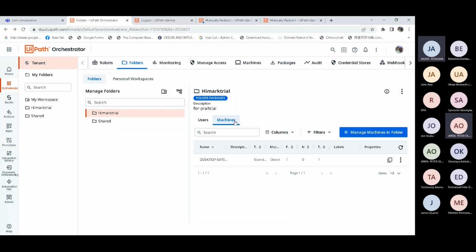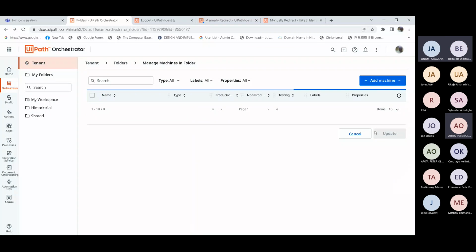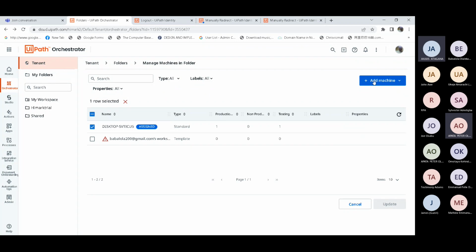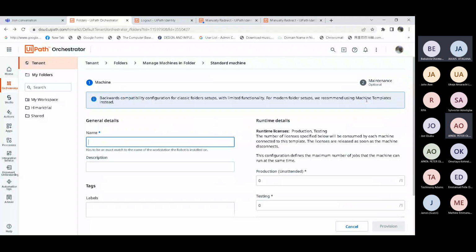But first, add a new machine. Where's the new machine? Just here? Yes, that's it. Standard machine. Okay.